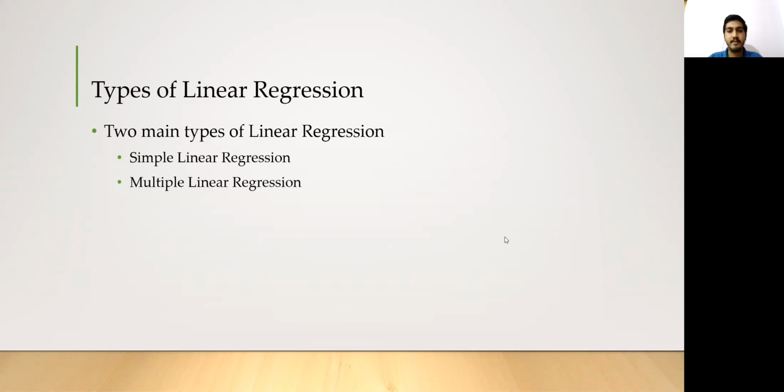Types of linear regression. There are two main types of linear regression: simple linear regression and multiple linear regression. In simple linear regression, there will be one dependent variable or one target and one independent variable or one predictor. In this type of linear regression, the value of the target variable will be dependent only on one factor. Simple linear regression attempts to draw a line that comes closest to the data by finding the slope and intercept that define the line and minimize regression errors.